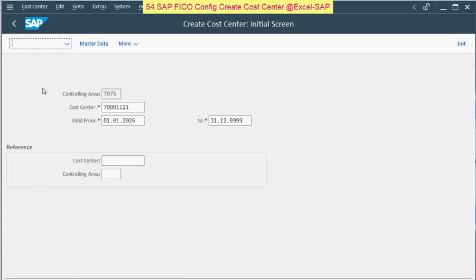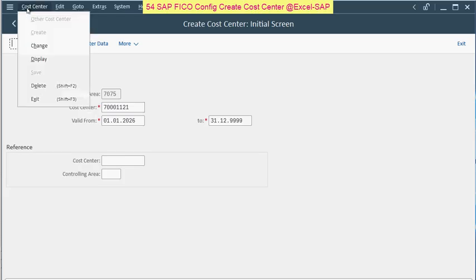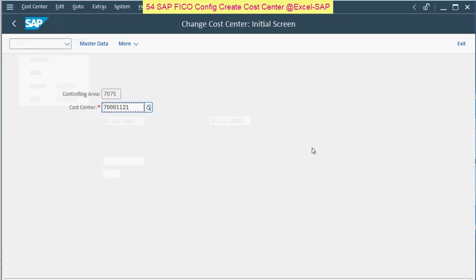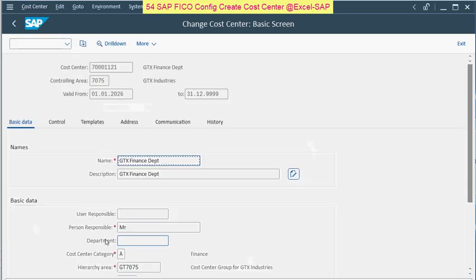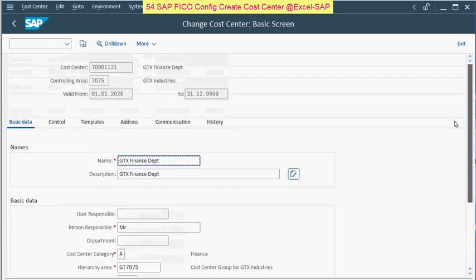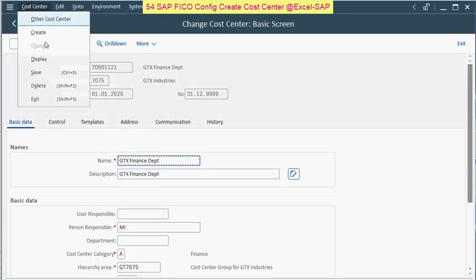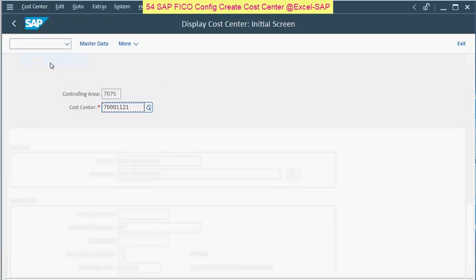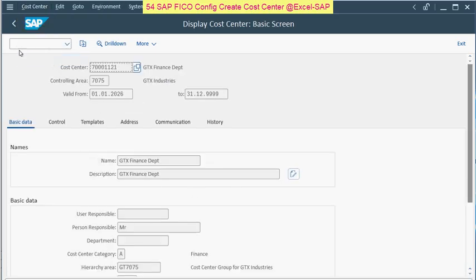You can also change or display this cost center using transaction code KS02 or KS03. So here you can click on cost center, go to change, press enter. Whatever the field you see in editable mode, you can edit here. Then go to display here. Then check the cost center hierarchy. Go to transaction code KS